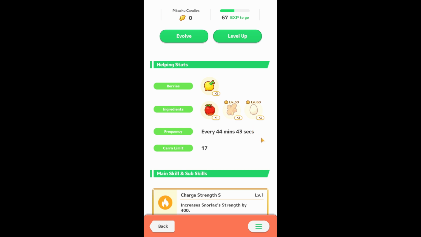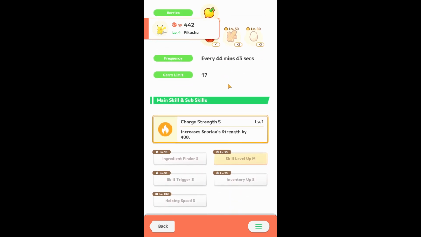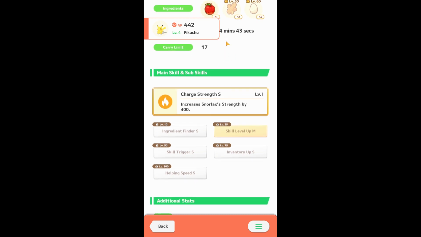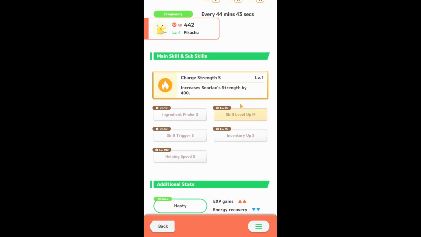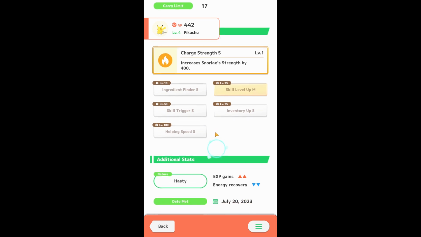So frequency, it looks like about every 44 minutes he'll go get some stuff. Carry limit, it looks like 17. So every 45 minutes you want to log in and make sure to hit Pikachu up, because he'll have 17 things, which will be things for cooking and then also things for Snorlax. Looks like currently he has Charge Strength, which increases his Snorlax's power by 400. So this is nice. This has even more details than